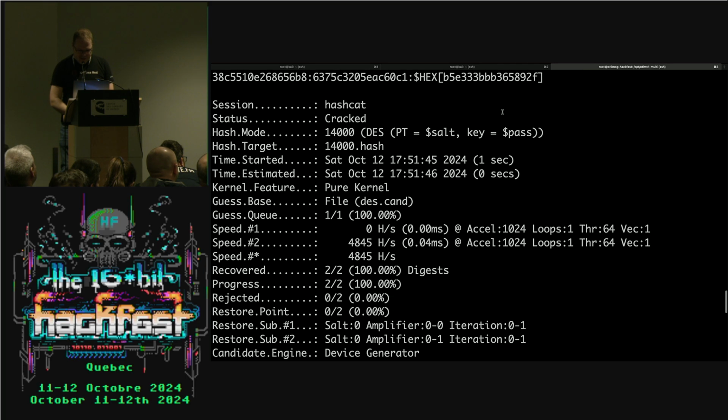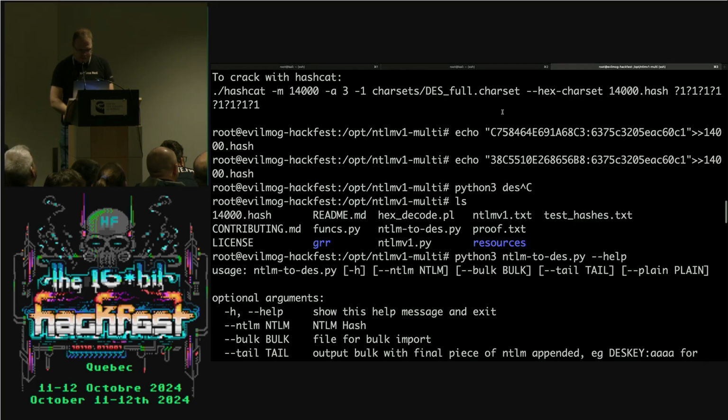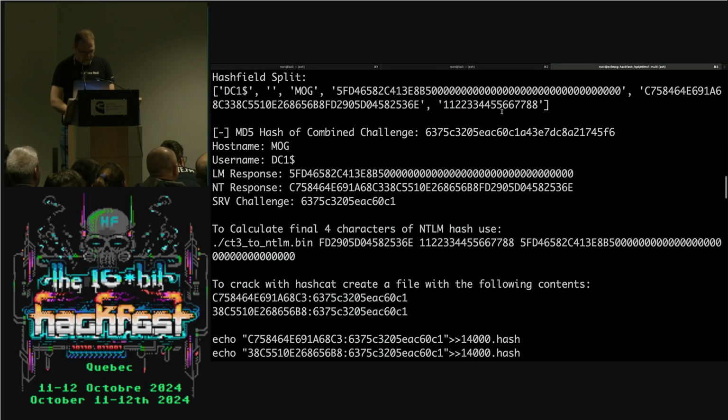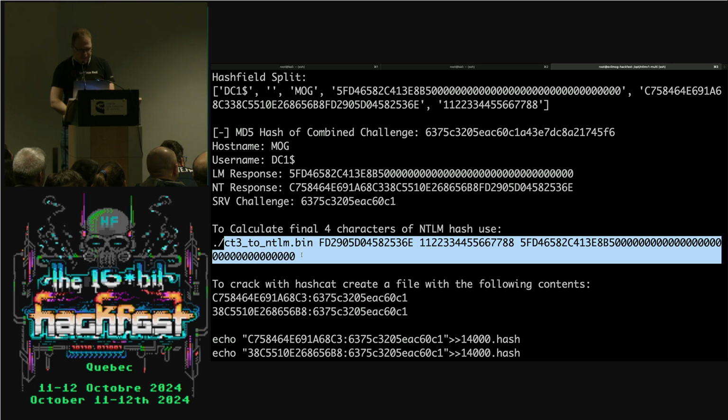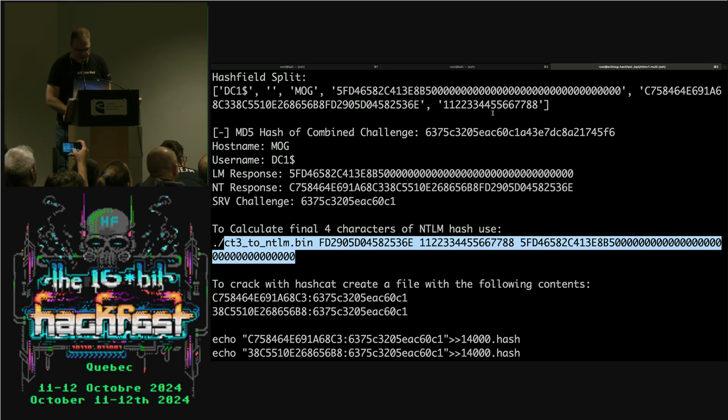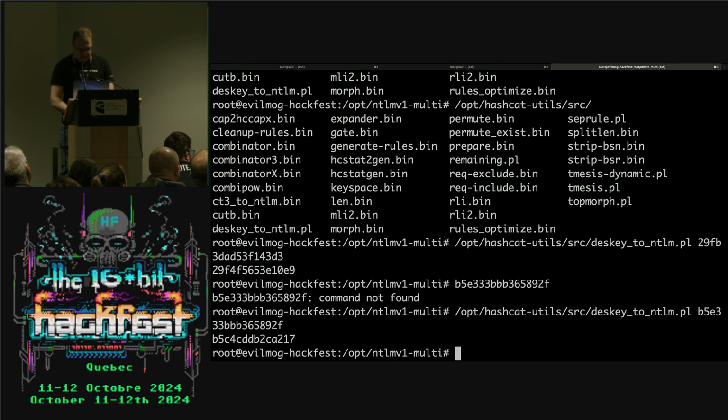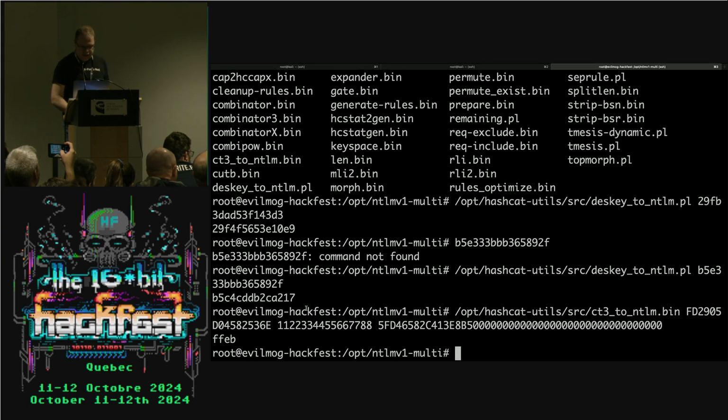And now we're going to grab from my magical tool, because God knows we like tools. Here it is. So we copy this. Now, the reason why we copy this is you need the LANMAN portion. If it was a straight mode 1 or a mode 0 with SSP disabled, it would output a slightly different output. So what we're going to do is /opt/hashcat-utils/src and paste.